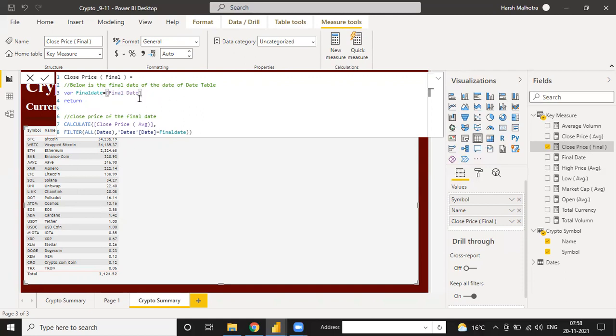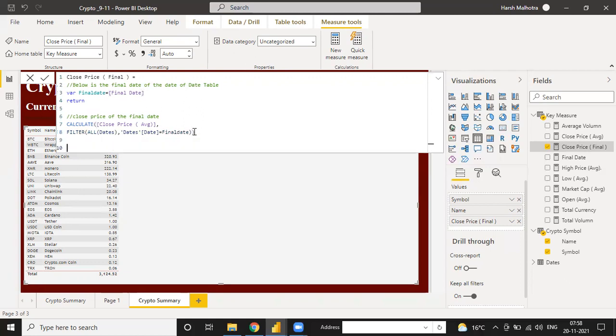Otherwise, you can use two functions again and again, one here and a second here. You can use multiple functions instead of this final date. Let me give you the example: the maximum of your date table, your cryptocurrency date table.